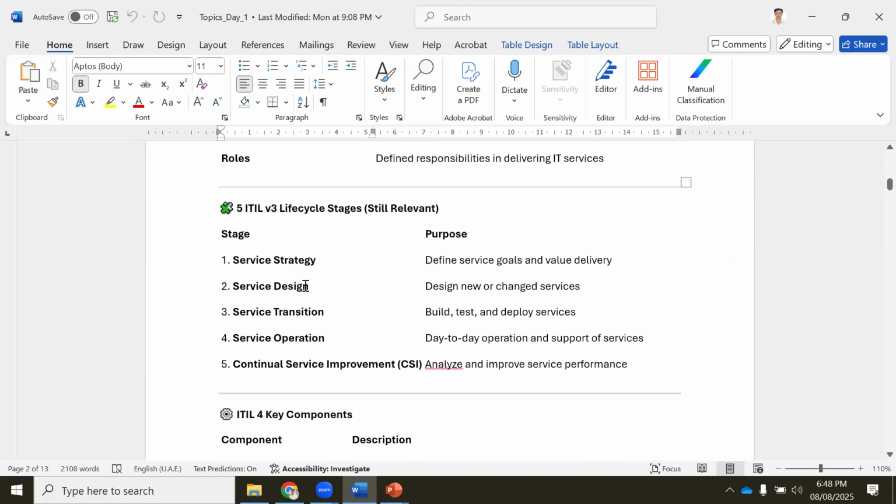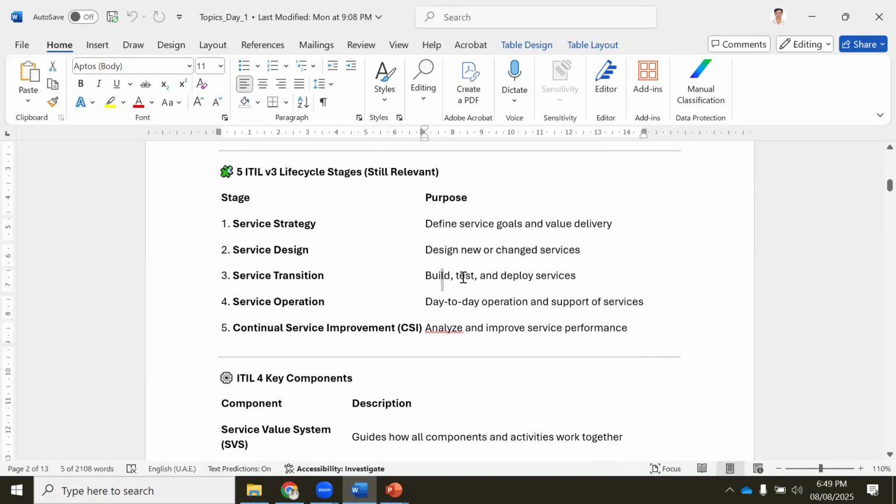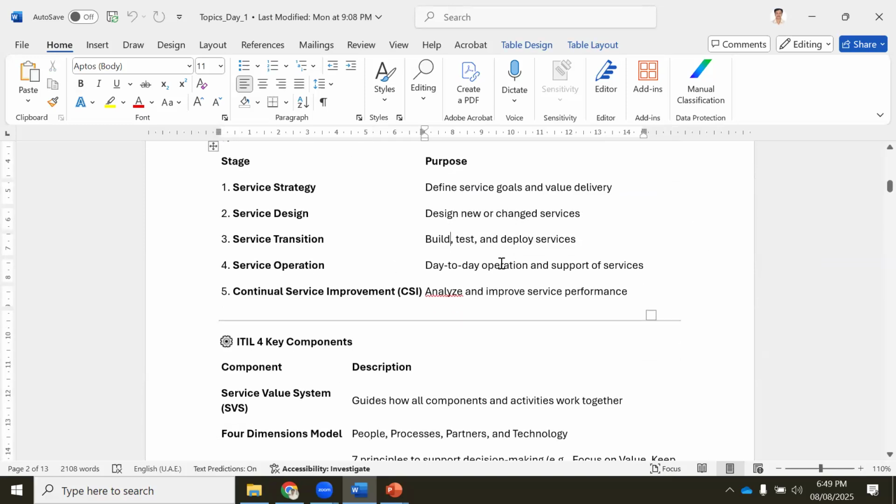Okay. So we discussed again strategy, design, transition, operation. What is all this? We are setting a goal here, correct? We are planning to deliver the training. So we are designing every day what I have to deliver in the training, correct? Then I will deliver it to you, the service, the training. I will test whether you are able to perform well in the training, correct? Then operations. After providing training, I will review how many marks you are getting, how you are performing after learning this service. All those things we do in service operation.